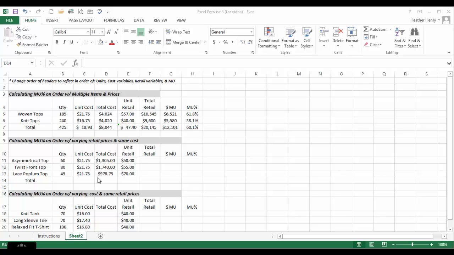So now that we see our cost is calculated correctly, let's move on to the total retail value. So once again, we will take the total units we are purchasing times the actual unit retail value for the individual items. And our total retail value for the asymmetrical top is $3,000. Use our fill formatting once again, and we can see the twist front top is $4,400 and the retail value for the lace peplum top is